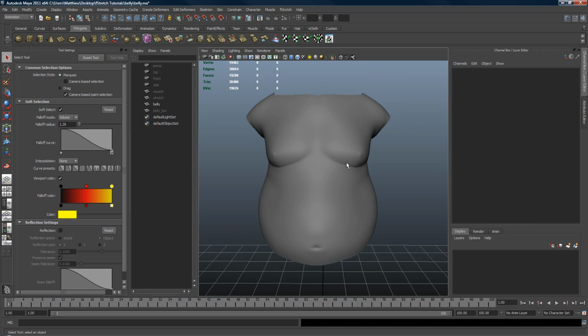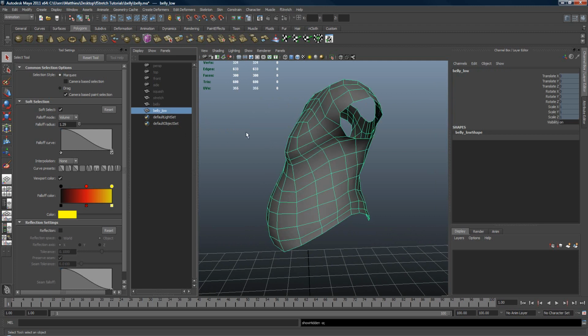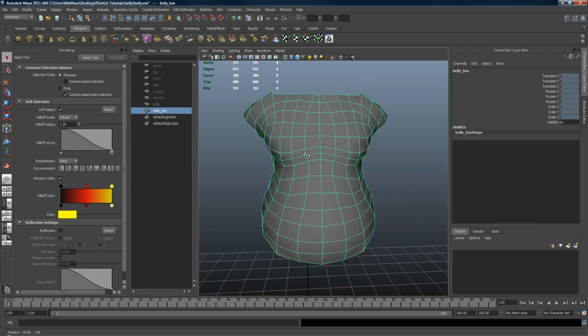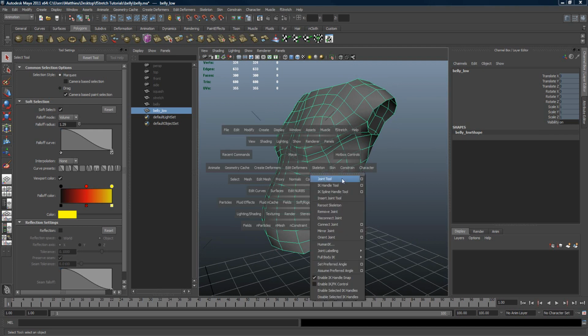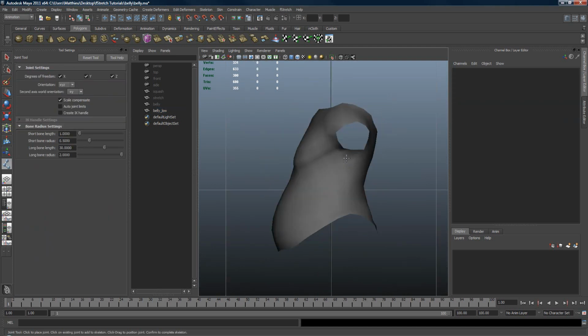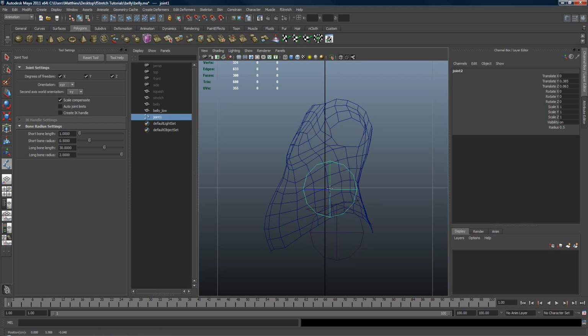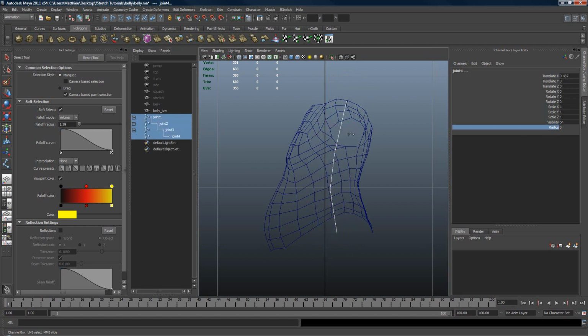So let's start with the lowest version of this one, because I think it's much easier to paint the skin weight on a low res. So we're gonna make the joints here. Let's just make 3 of them. So let's put one here, one here, one here, and one here. That's good. And now I'm just gonna put down the radius,